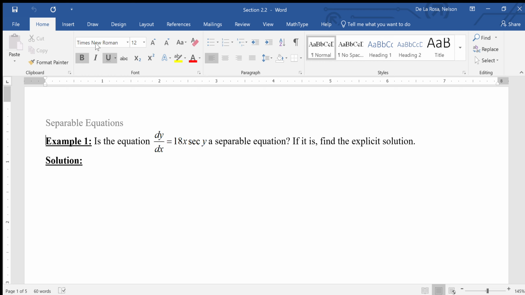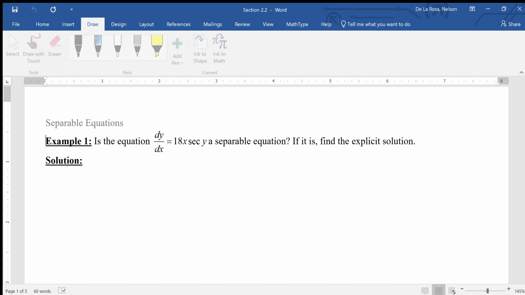This is section 2.2, separable differential equations. So the first problem is to determine if the equation given is separable. If it is, we're going to find the explicit solution. Well, the given equation is